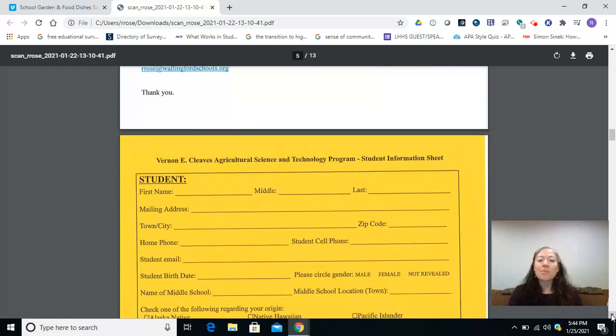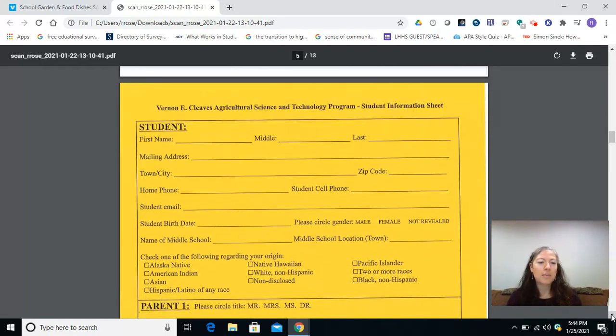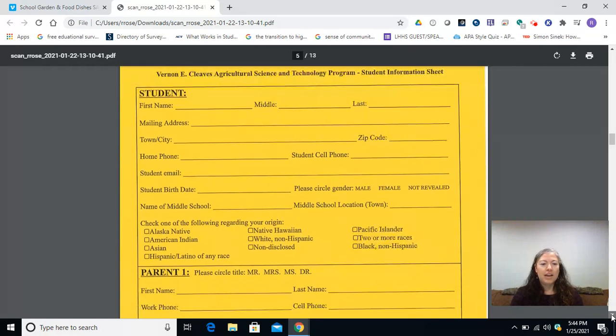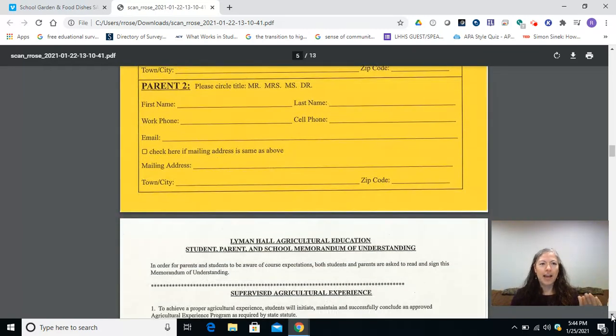All right, next up, starting with our fun colored paper, this first one on the goldenrod colored paper is our student info form. We do like to keep a paper backup of all this information. So if we ever need to get a hold of you and PowerSchool's down or some of our technology isn't working in our favor, we still have a way to stay in contact with you no matter what. So again, I'm just gonna breeze through everything with explanations and you can take the time later to fill everything out.